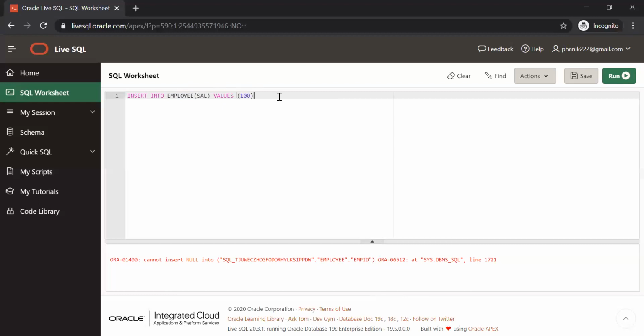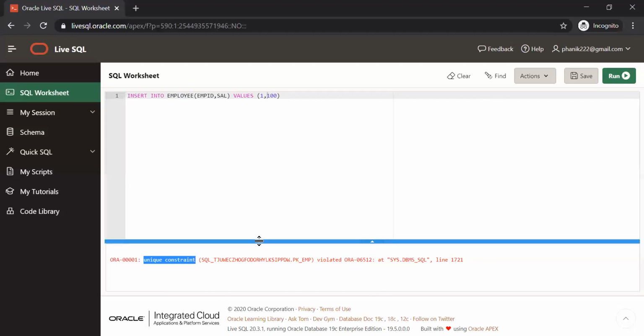And another thing, unique value. Let's suppose I already have one, I believe. If I try to add one again, it will say unique constraint, not null. You see the constraint got changed?